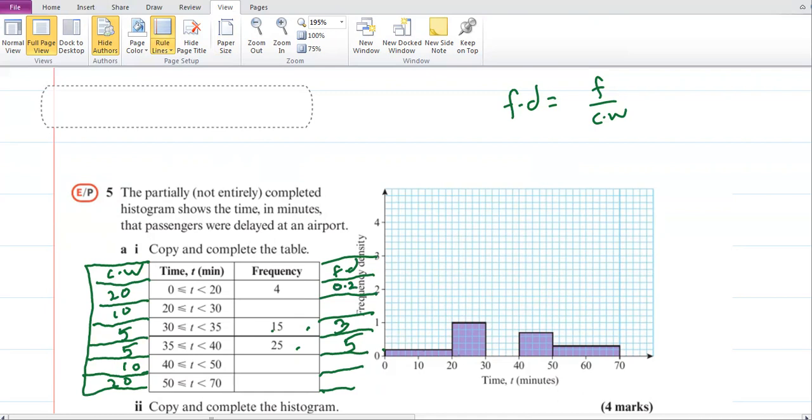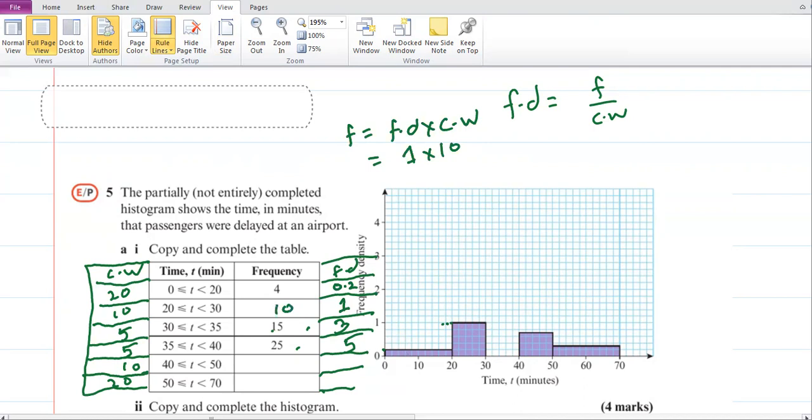Now for the second one, what is the frequency density? You can see the height is still 1. So it means from 20 to 30, the frequency density is 1. You can write it here, 1. Now frequency is missing. What is the formula for frequency? It is frequency density multiplied by class width. Frequency density is 1, class width is 10. So 1 into 10 for frequency means the number for this one will be 10.